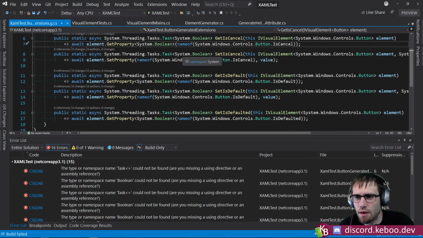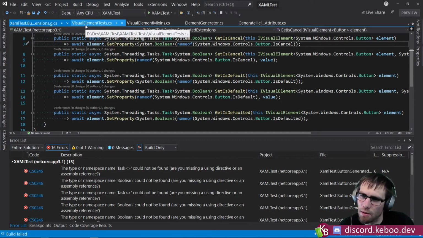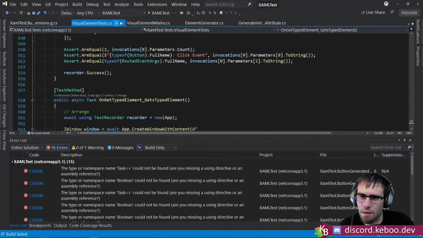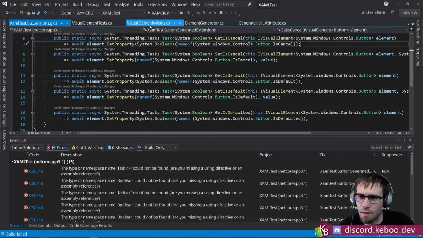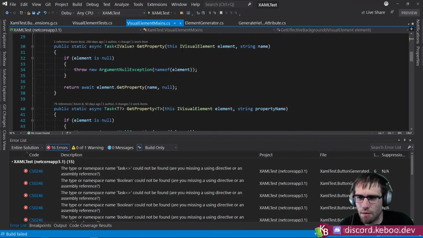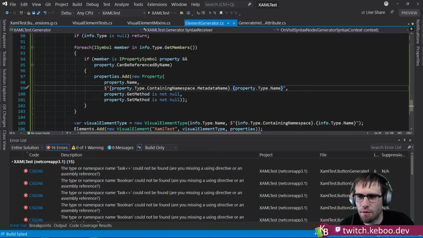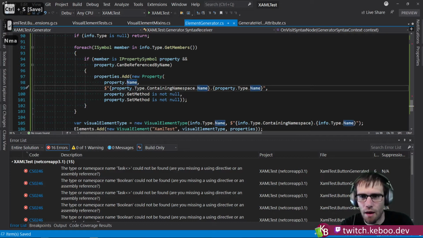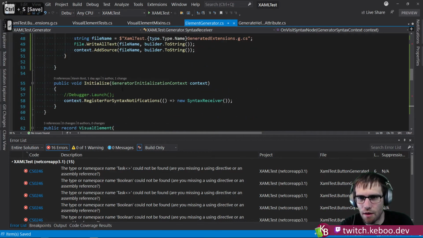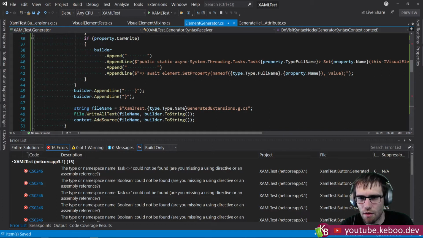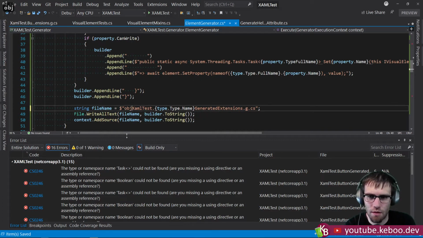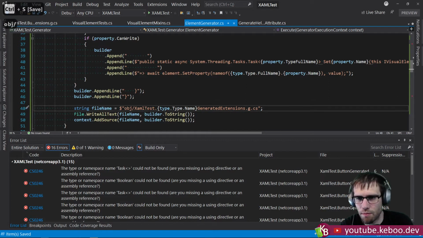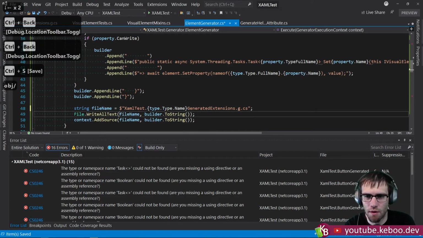Interesting. So metadata name actually got me what I wanted, but that was the metadata name of the namespace. So I think what we can just do is name. And then let's turn off the